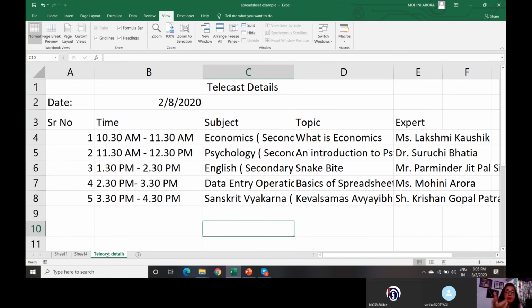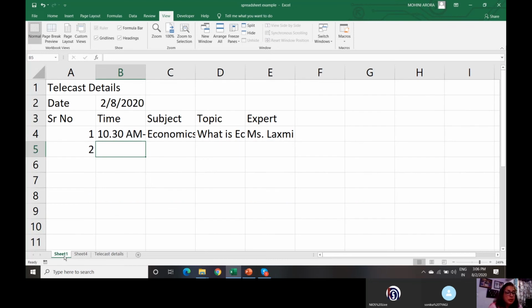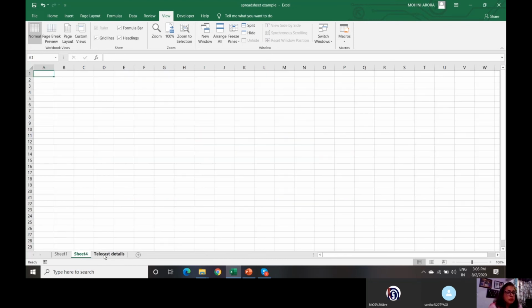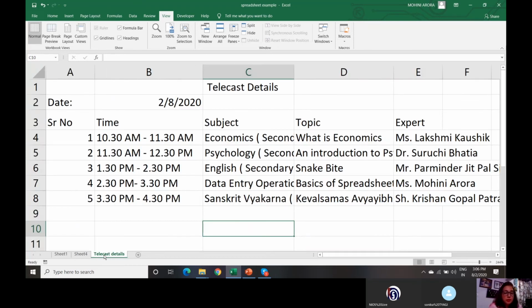Say for example, you are working in a school and being a teacher, you have multiple sections. Say your teacher gives you the task to store records of students of multiple sections. So you can create a sheet for each section, give it a name and store the data in that particular sheet. Right? And this entire workbook can be saved under one name.